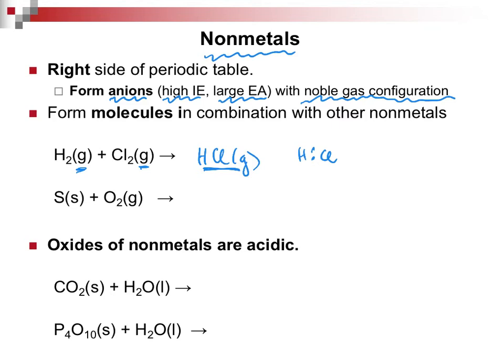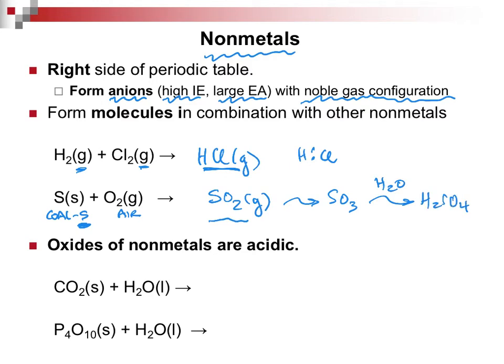What about the next one? We have sulfur as a solid and oxygen as a gas. What it's going to form is SO2 as a gas. Sulfur's in the solid phase. Oh, I'm sorry about that, but that's essentially how this one works. And this would be when we have a coal-fired plant. The coal also has sulfur as an impurity. When you burn the coal to produce electricity, there is oxygen in the air, and what you form is SO2, and that will further oxidize to form SO3, and in the presence of water, it will form H2SO4, which is